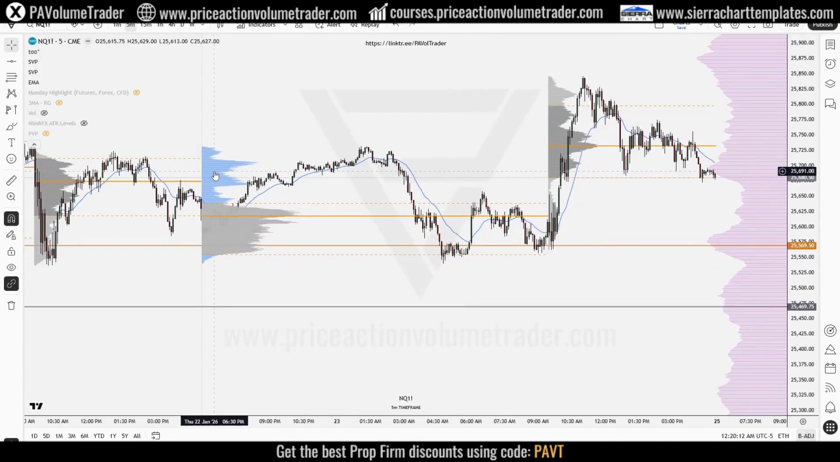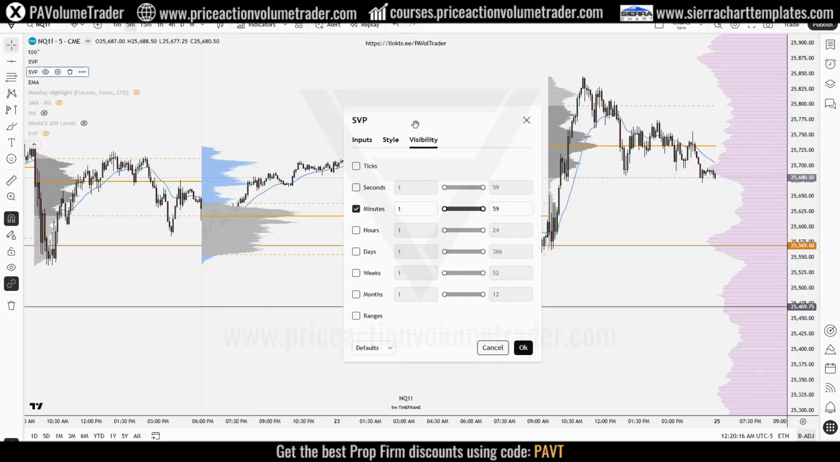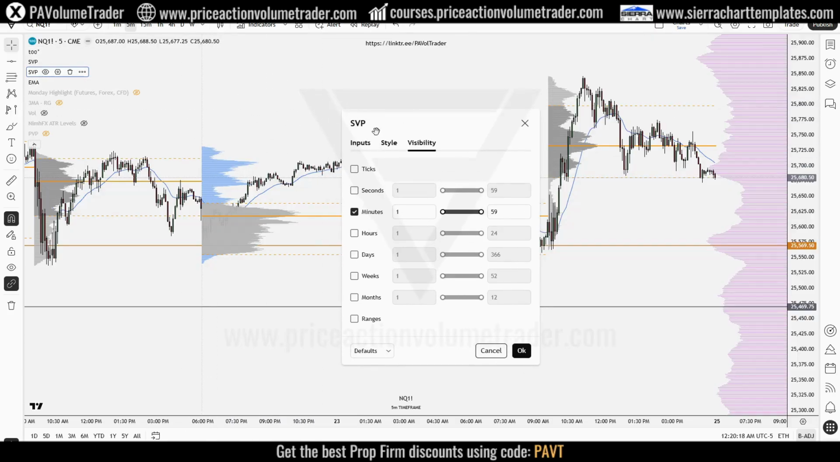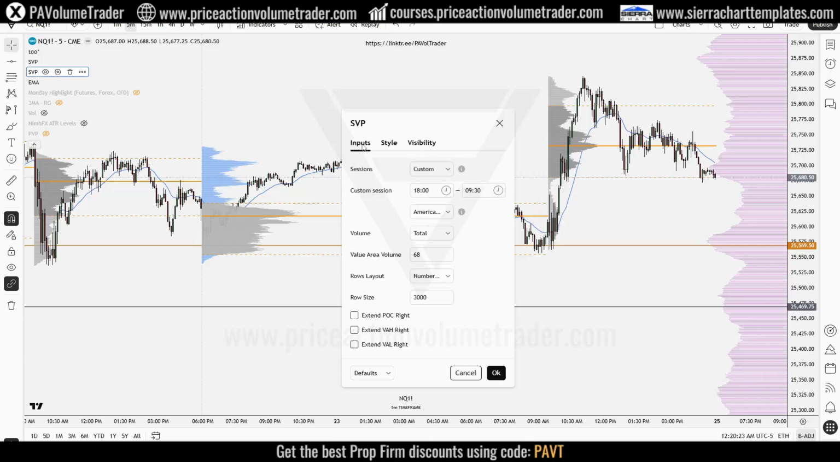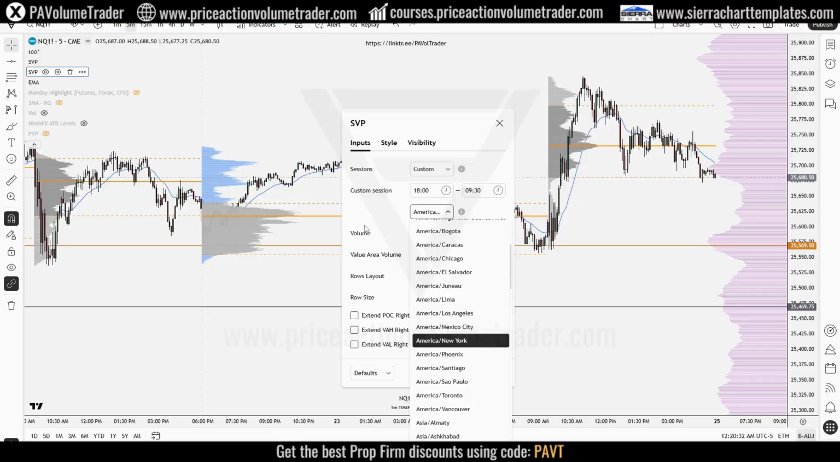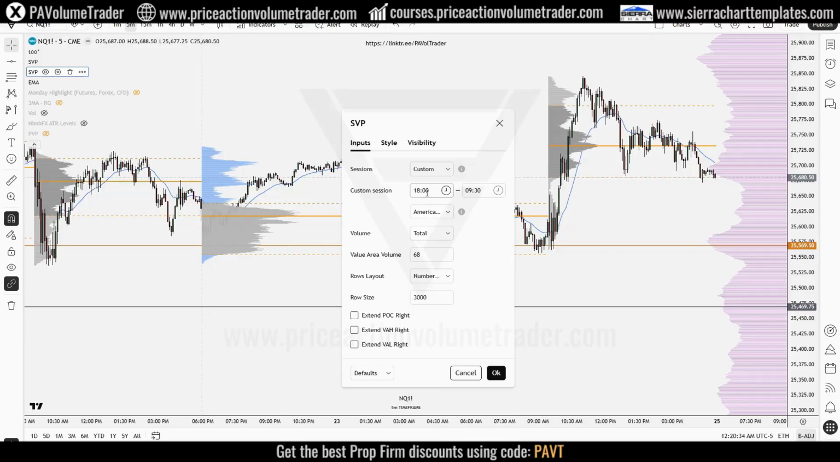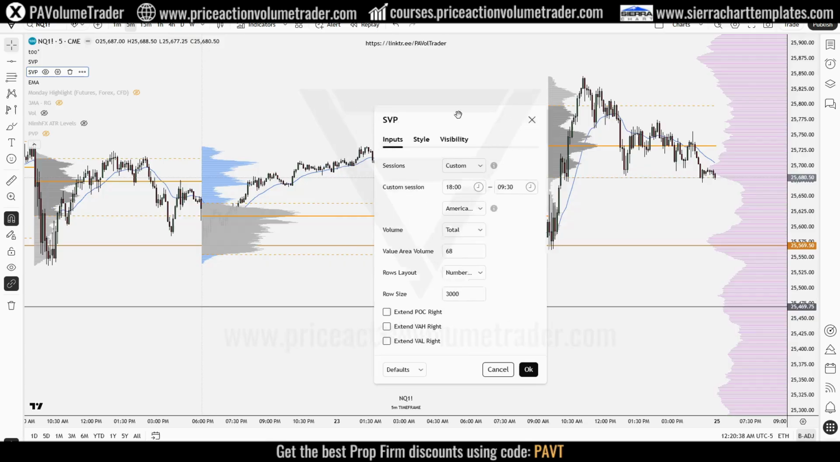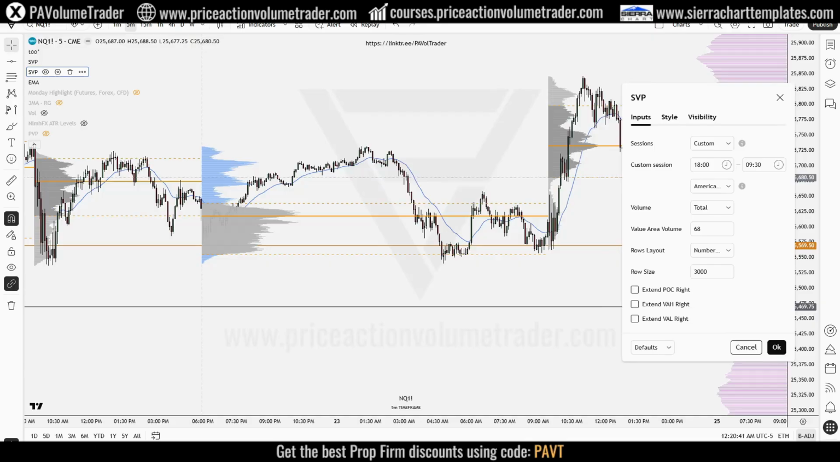And then the second one that I have on the extended hours is another session volume profile only on the minutes, and then the same custom session, and I have it from 6 p.m. Eastern to 9:30 a.m. Eastern time, New York. So basically the extended market hours from the open until New York opens. So within this, we have what would be considered the